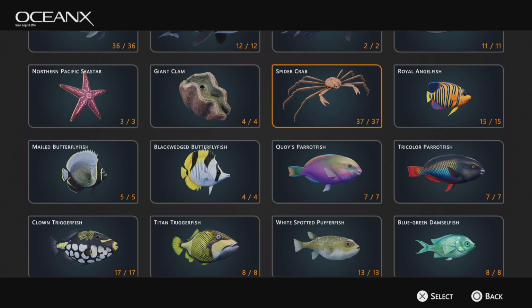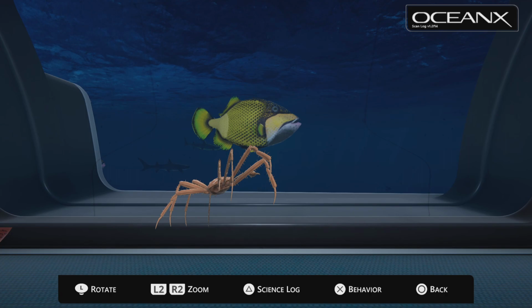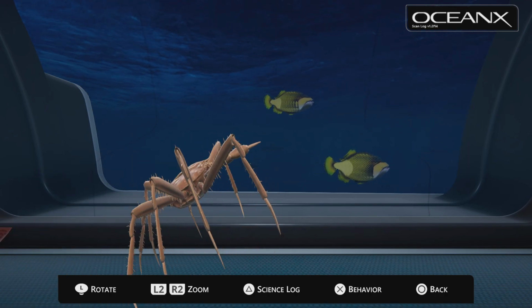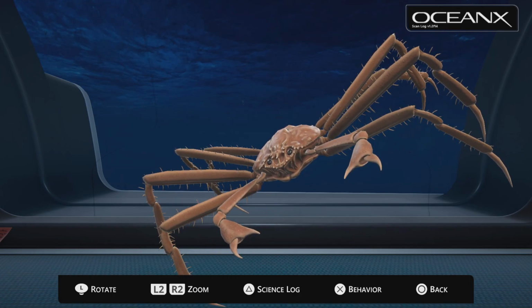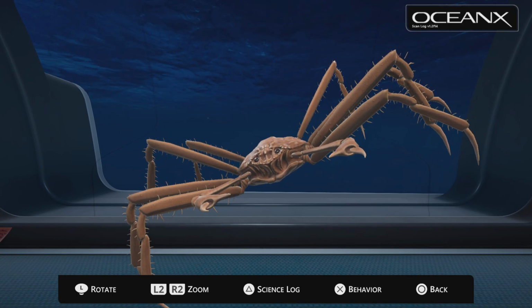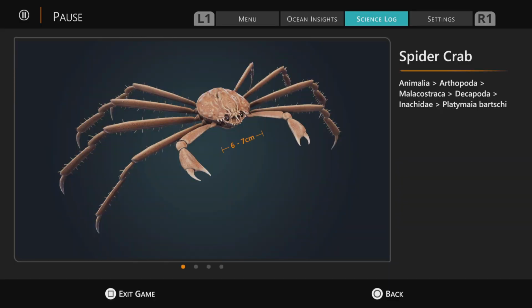We saw lots of spider crabs. Very cool. I love being able to see that animation up close. We can actually zoom in on these creatures too. We can see even closer here. What a cool animal. Platyemea barchi. I see scientists rolling their eyes at the way I pronounce these, but a good faith effort. And then we've got 6 to 7 centimeters of the body. They haven't measured the length of the legs from end to end, but